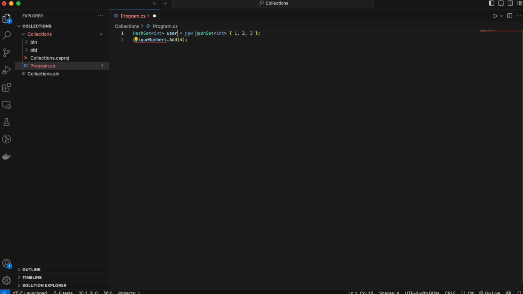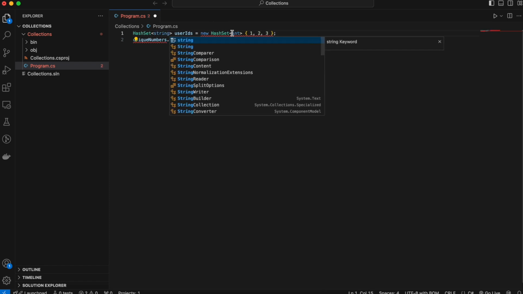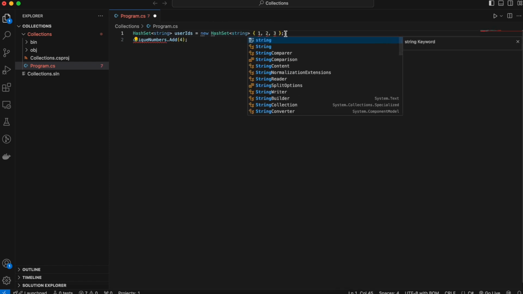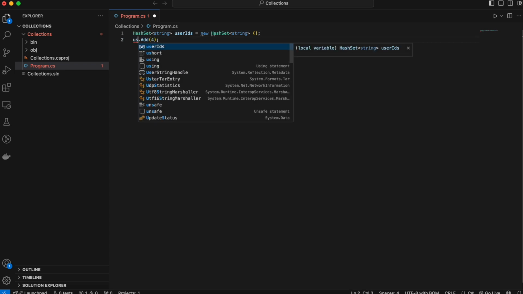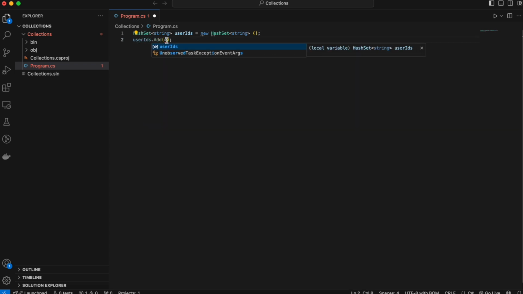So let's call it user IDs, and let's put the type of this as string and not initialize it with values. Instead, we will do user IDs dot add, and let's add a unique value of user 1,